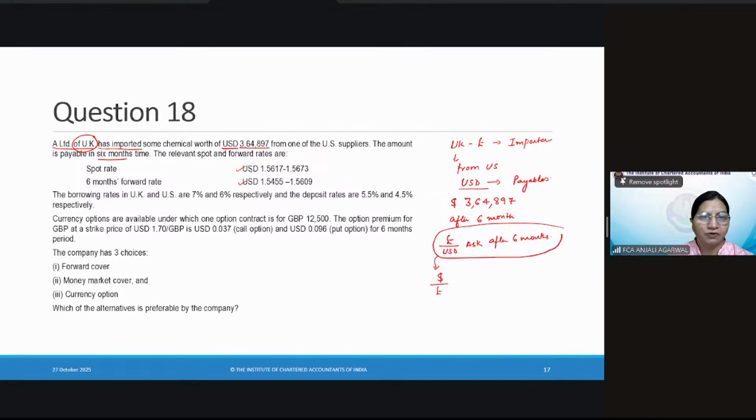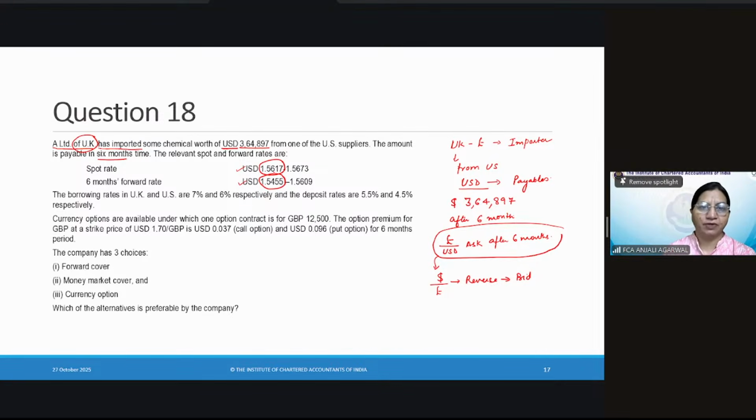So what is the spot rate? USD 1.5617 and USD 1.567. So these are the rates for 1 pound. Okay. So definitely we need to ask. So for us, the applicable rate would be this. 1 upon bid would be the ask. We need to reverse the quote. So for us, bids are applicable and not in multiplication. We can directly divide